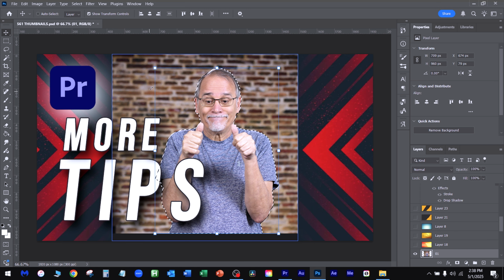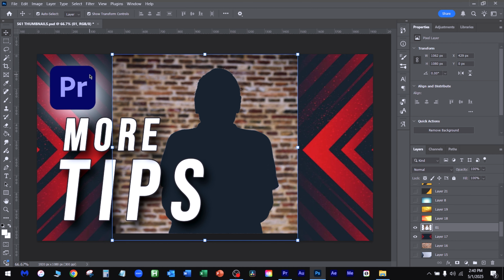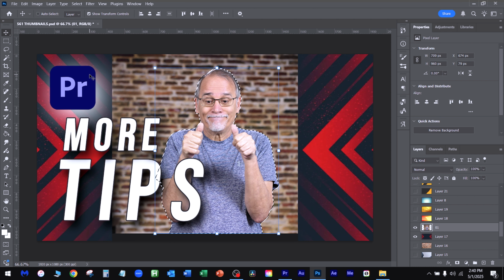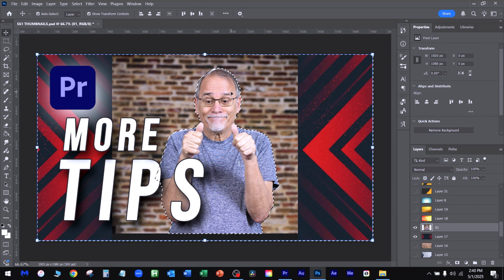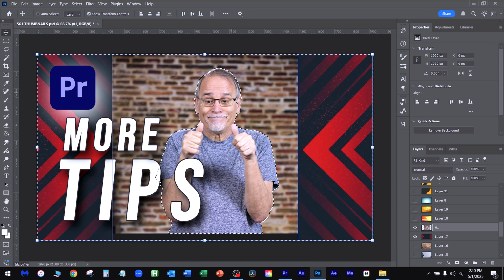Boom. Now I have this thing. It's rasterized. Now when I see that X, took it out. Let's undo that. So what I want to do in this particular layer is reverse the selection. I want to select everything outside rather than this, the opposite of that. Control Shift I. Now what it did was it selected everything outside of that instead of,